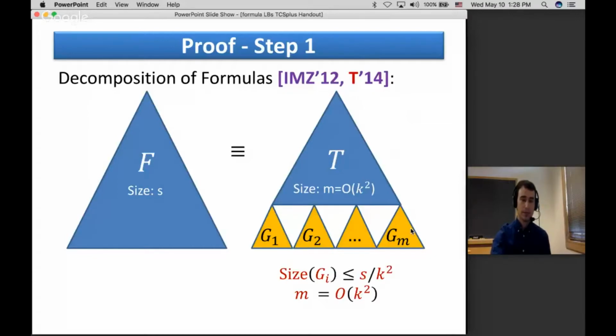But actually, the idea is very similar to how you would balance a formula. You find some subtree, take the subtree, and then you repeat by induction to find additional subtrees in the remaining formula. So it's not too complicated. It's a combinatorial algorithm for this decomposition, and it was presented in previous works. So now, after we decompose this thing,